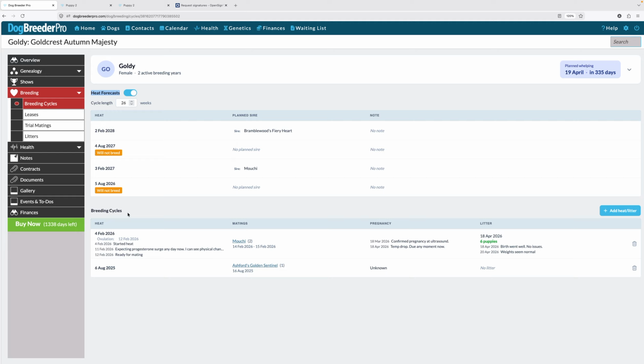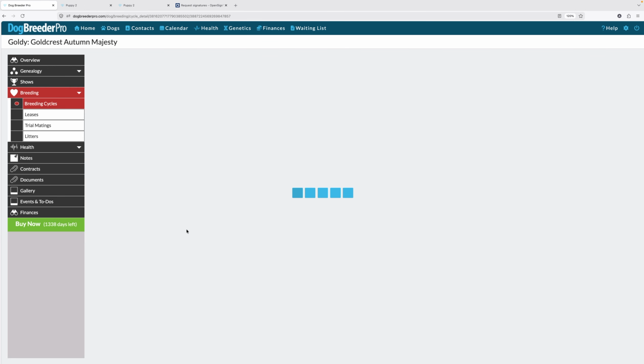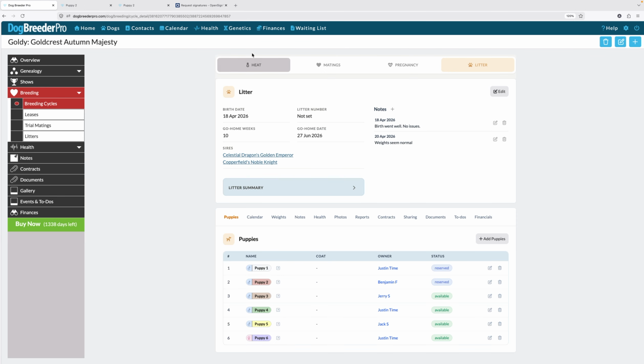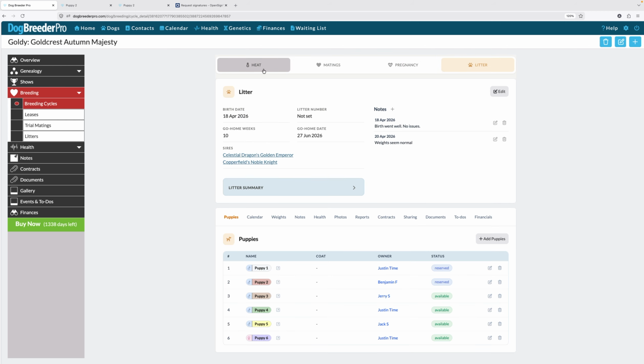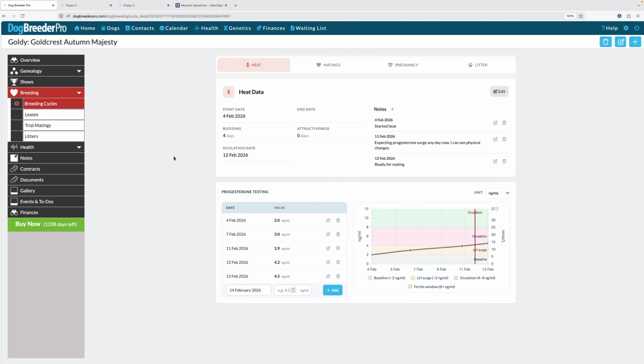Okay, back to breeding cycles. You'll see a lot of information here already, but this is clickable. So let's go into this breeding cycle. Once again, at the top here, you'll see tabs for heats, mating, pregnancy, and litter. So starting at the heat,